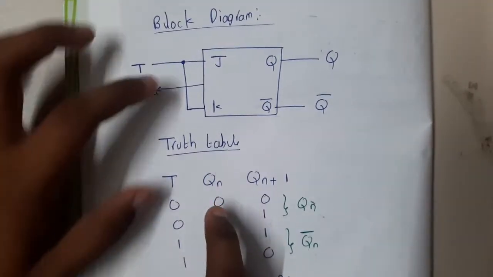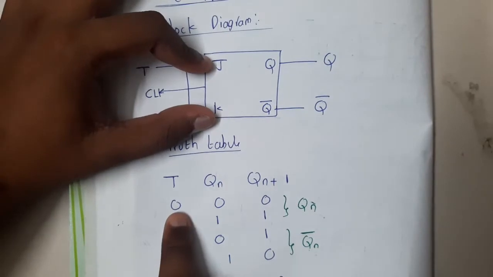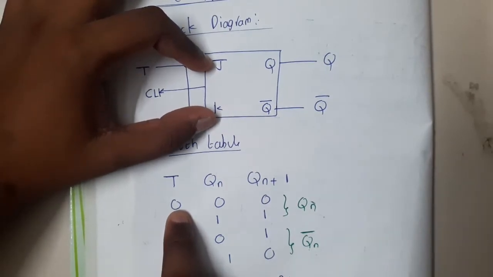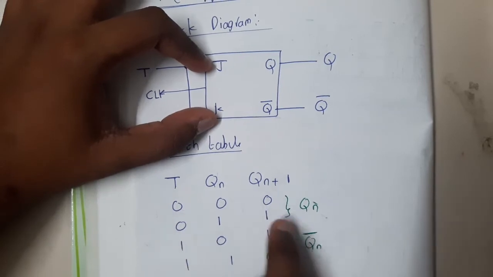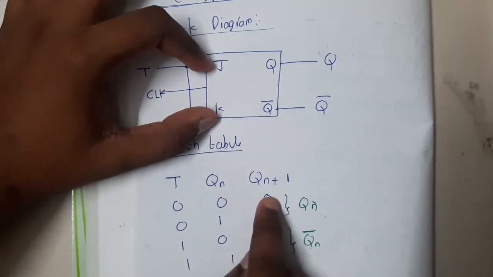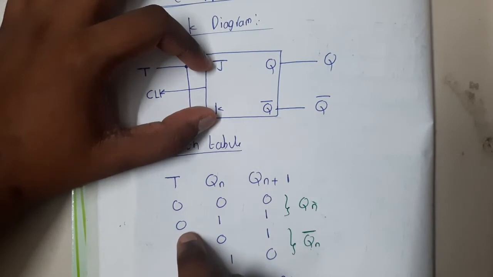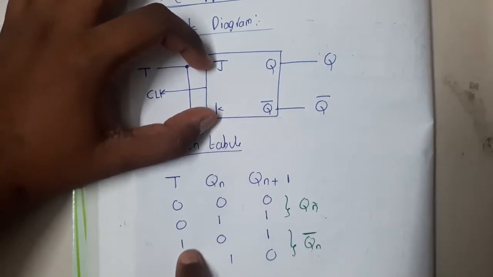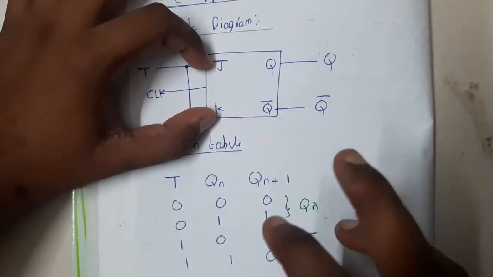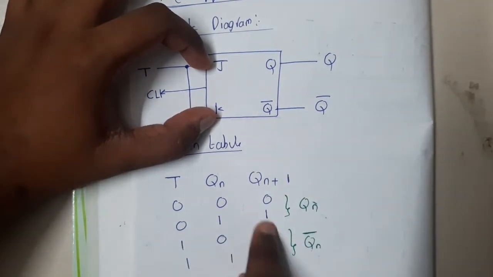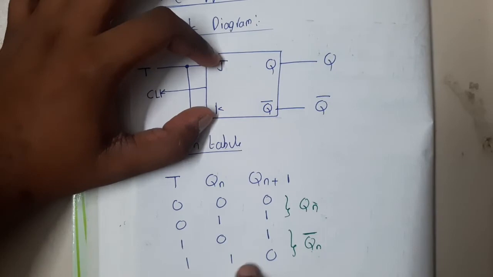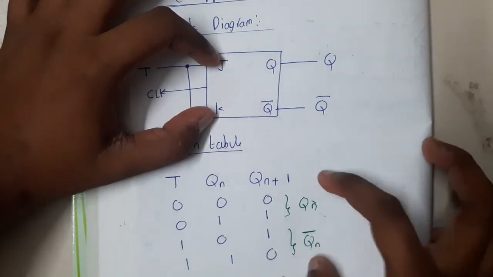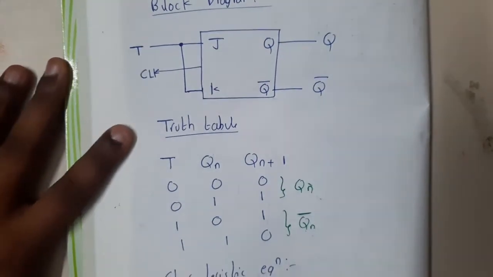When J and K both are zeros, what will happen, guys? Please recall, when both are zeros, it will act as memory, right? So that is the reason why 0 will be 0 only, and 1 means 1 only. When both are 1, if you recall, it works as inverse, like a complement. So instead of 0, you get 1, and 1 will become 0. So this is the logic for T flip-flop.